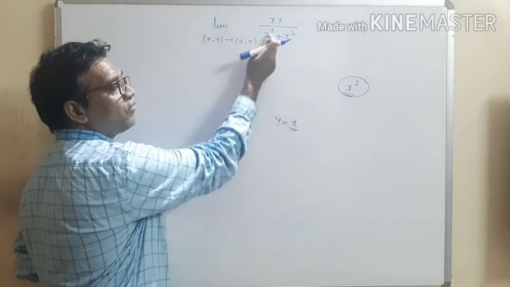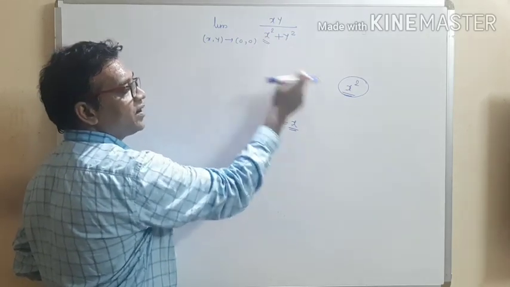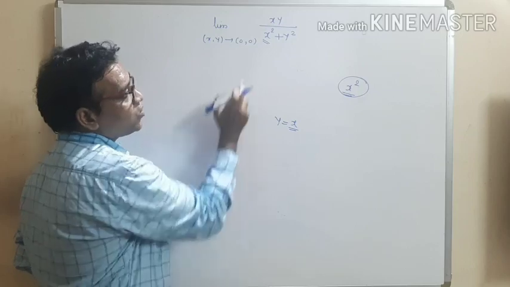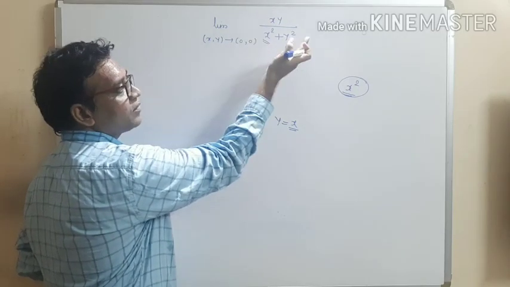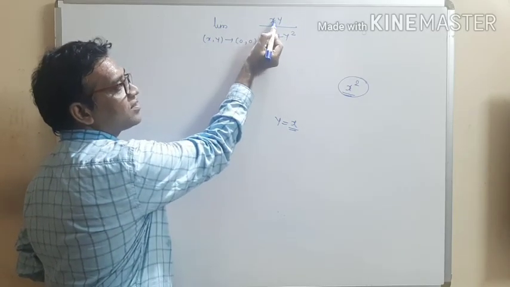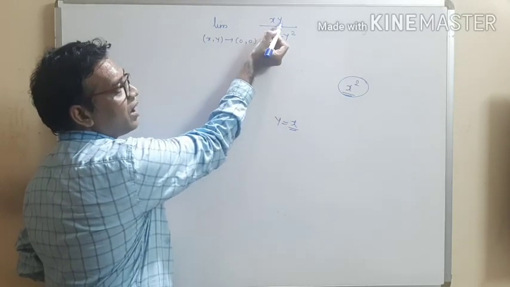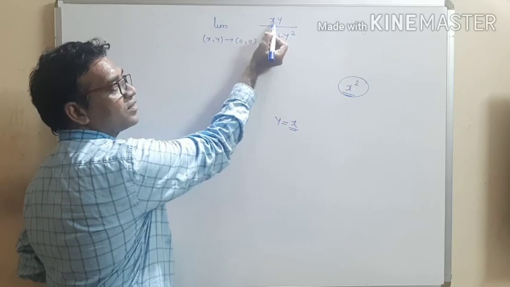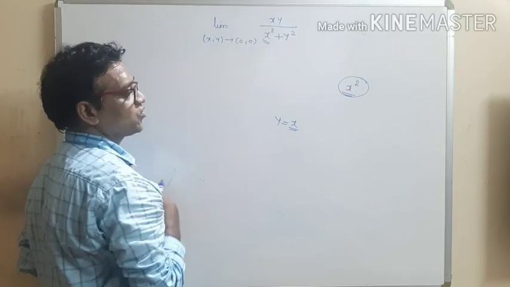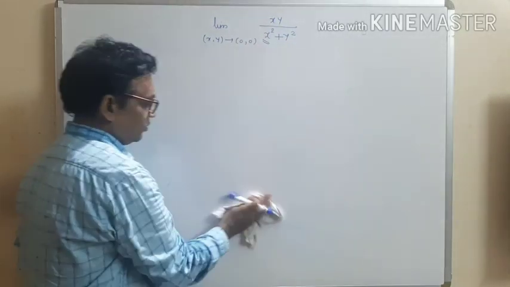What is the maximum power for x in denominator? x square, it is the maximum power. So adjust this x square in numerator. Now already there is x, that means we require one more x. That means we have to take this y equal to x. That means automatically we get here x square. So write down the third path, write down, consider